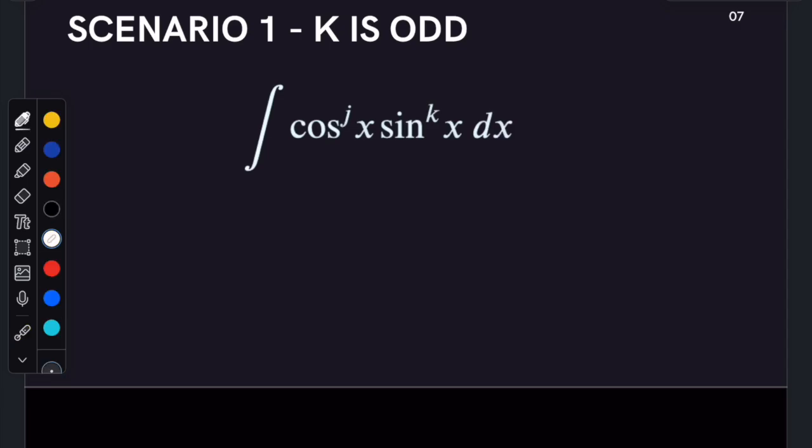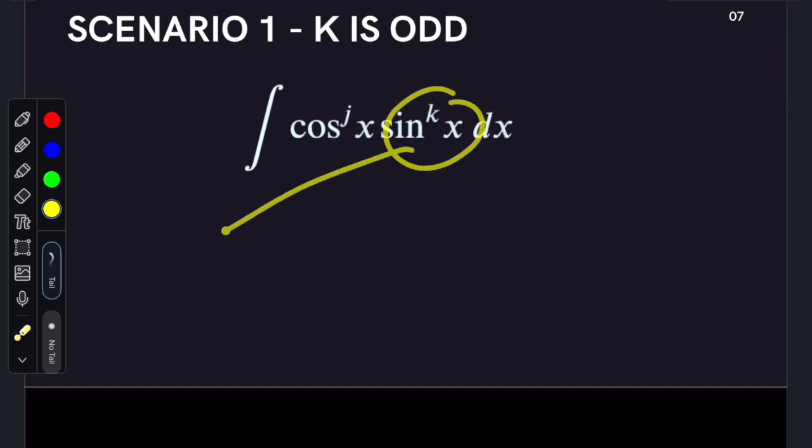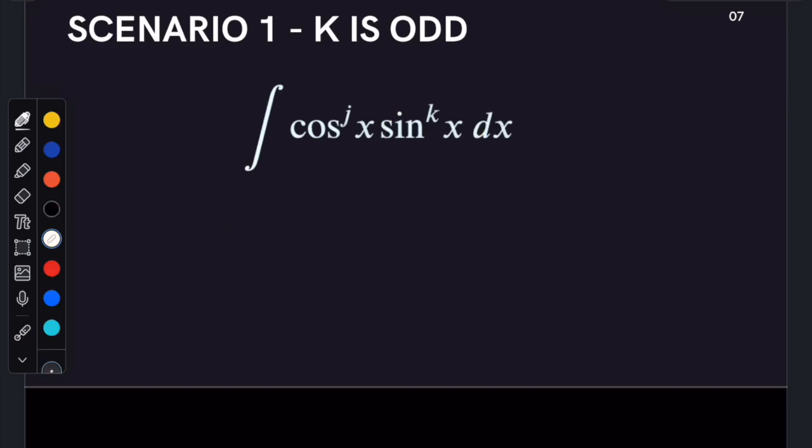If k is odd, what we need to do is rewrite sine. I'm going to rewrite sine to the kx as sine to the k minus 1 x times sine x. Now, don't stress if this looks a bit complicated,